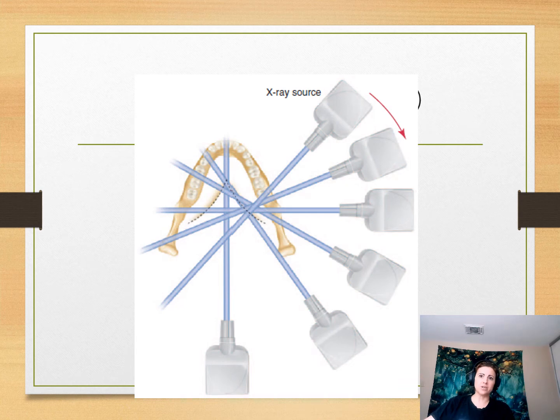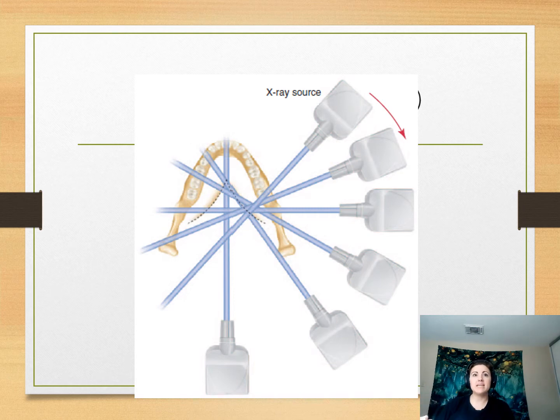I don't like this picture, honestly. It looks as if the tube head starts at the front of the mouth and slowly moves to the back, but it really doesn't start that far forward. It actually starts more exactly on the side. So